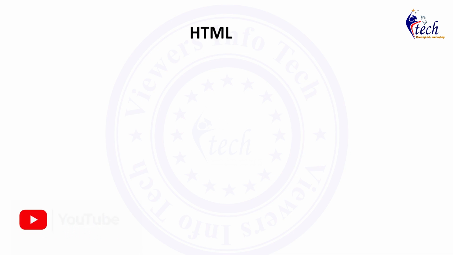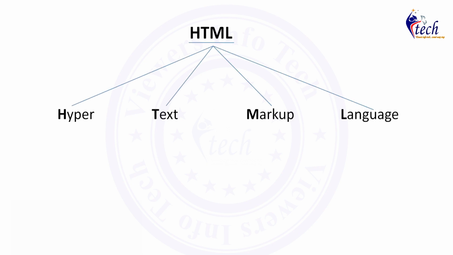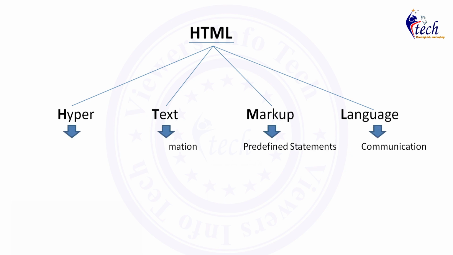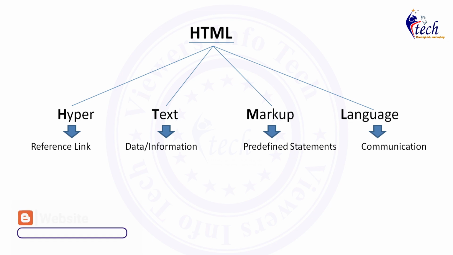Here we will discuss the HTML full form with some explanations. What is the full form of HTML? I already told you in the previous slide, right? HTML stands for Hypertext Markup Language. So what is the meaning of hyper? Hyper means reference link. Suppose you take a Facebook account: you enter your user ID and password, and after you click on the login button, the page moves to another page. We can also call it the home page, right?